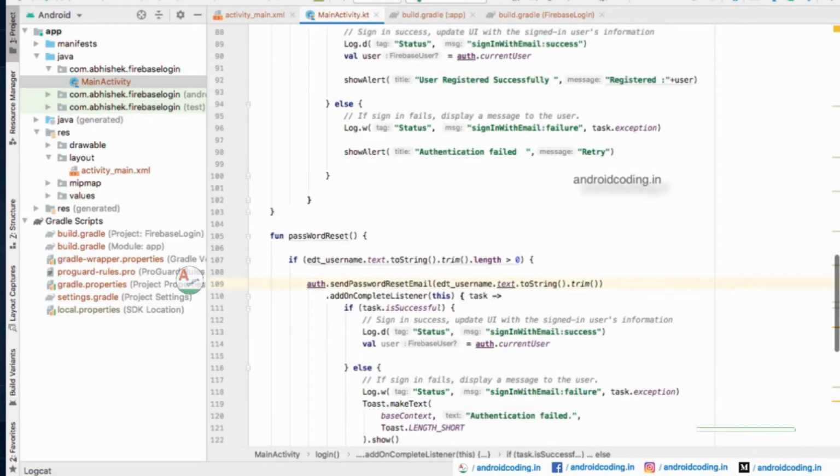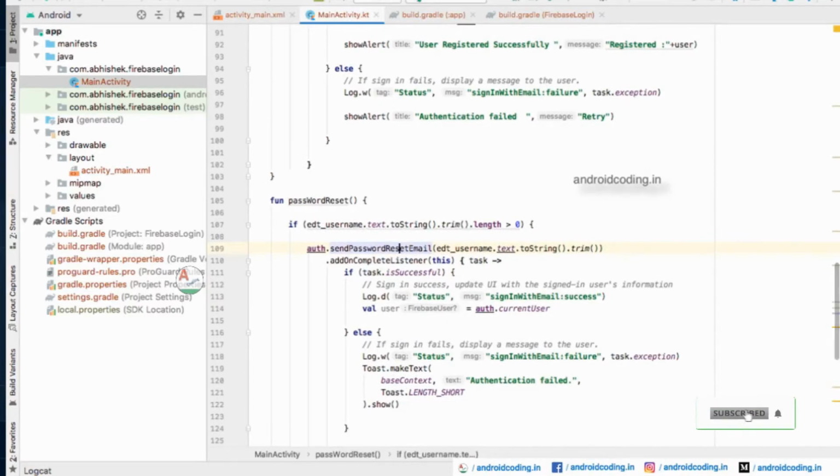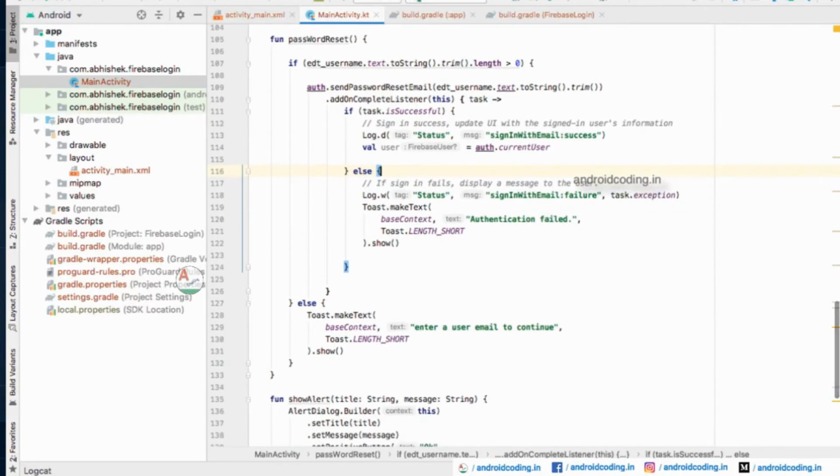And here the third module is password reset. So this is a crucial module. Whenever your user forgets his password, I mean his account credentials, whenever he wants to reset his password, he can make use of this particular module. By clicking on this particular module, he needs to enter the username in the section provided below. So based on that username, we will be sending, here username is nothing but an email address. So to that particular email address we will be sending a password reset link,